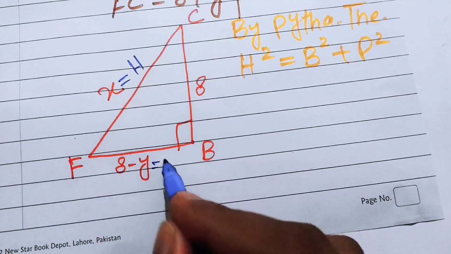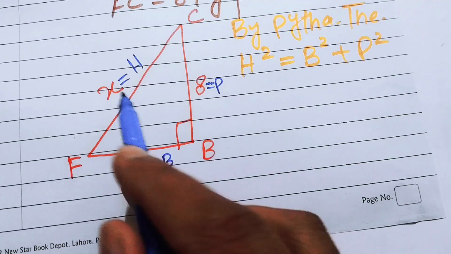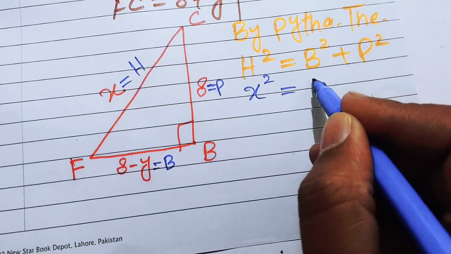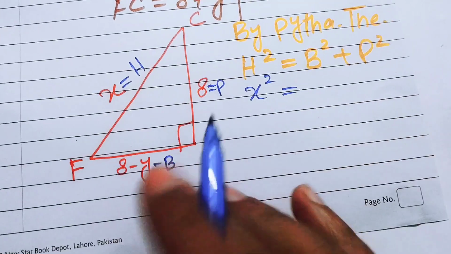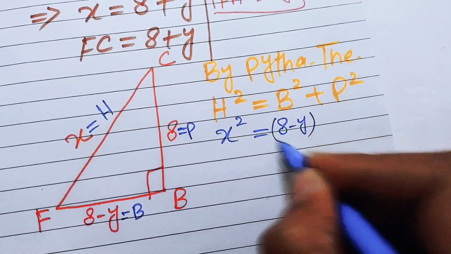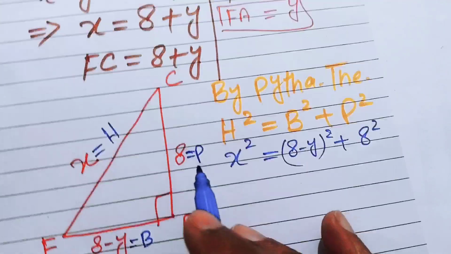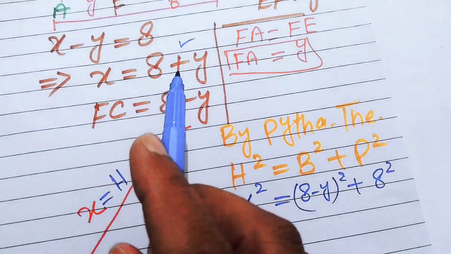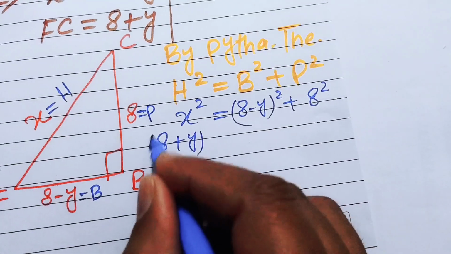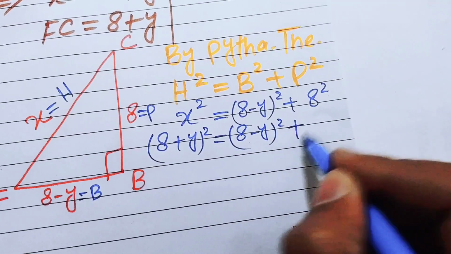Our base is 8 minus y, and the perpendicular length is 8. So we put these values here, and you get x square equals b square plus p square. Our b is 8 minus y, so it becomes (8 minus y) square, and our perpendicular is 8 square. Here we put the value of x, which is 8 plus y, so we substitute and it becomes (8 plus y) square equals (8 minus y) square plus the square of 8,